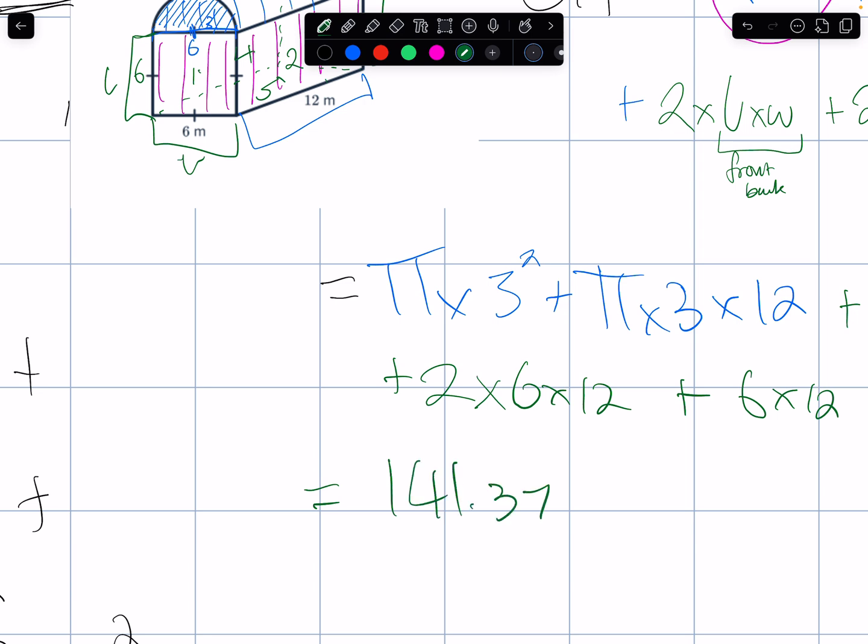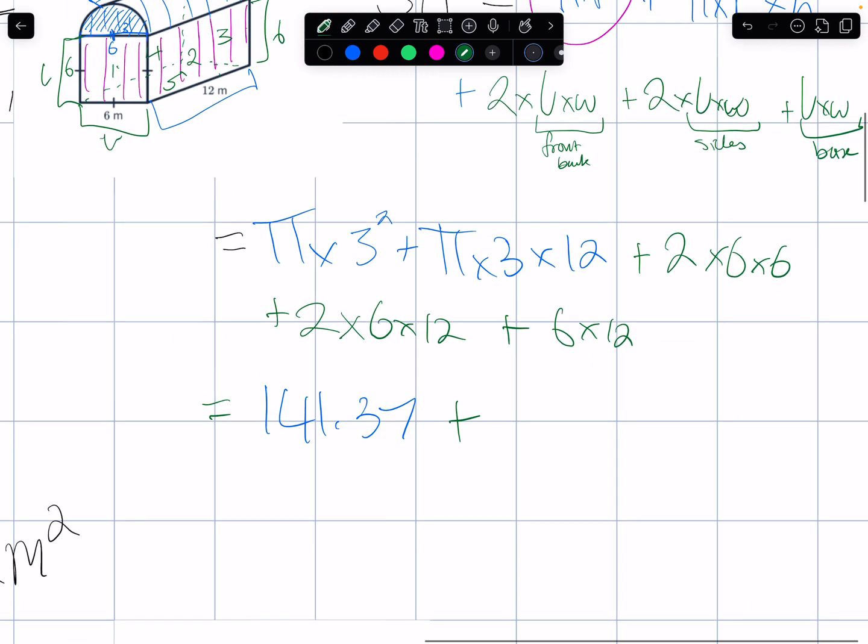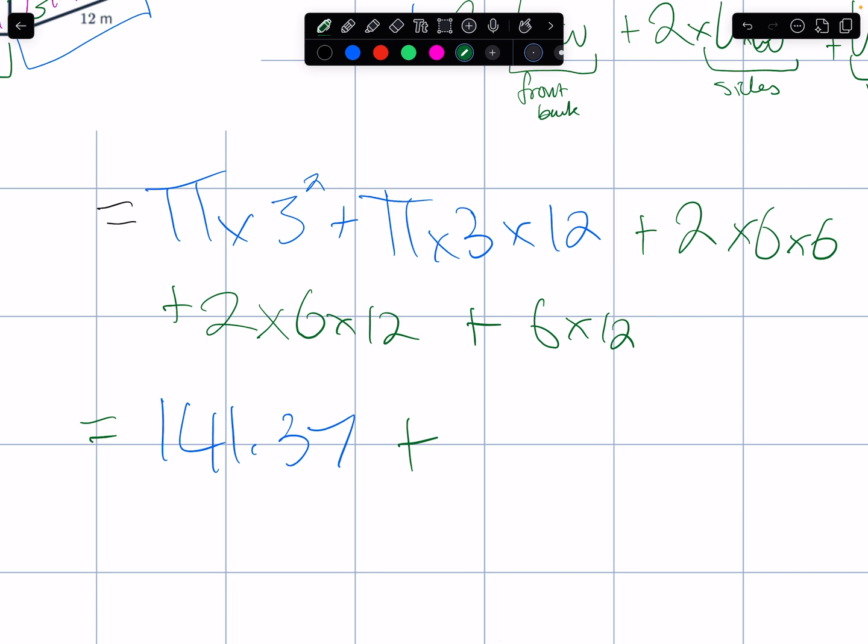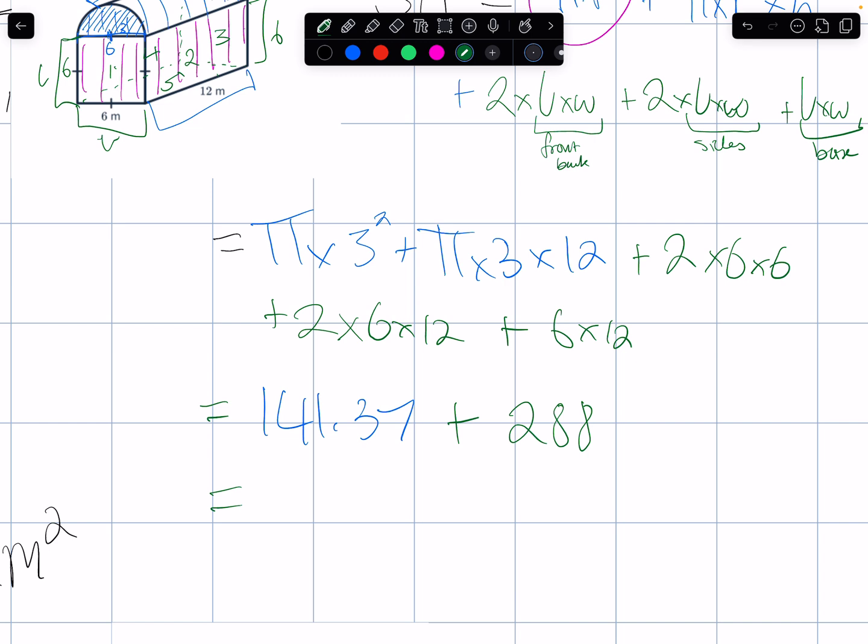And then I'm going to add, well, actually, let's make that blue. And then I'm going to add 2 times 6 times 6 plus 2 times 6 times 12 plus 6 times 12, 288. Add those together, and our surface area is